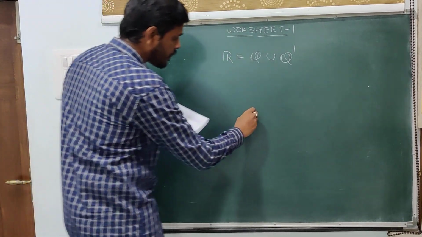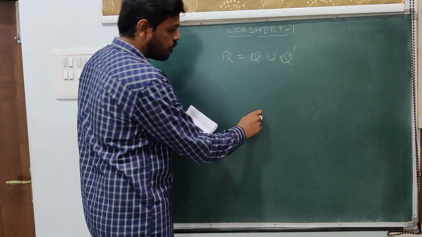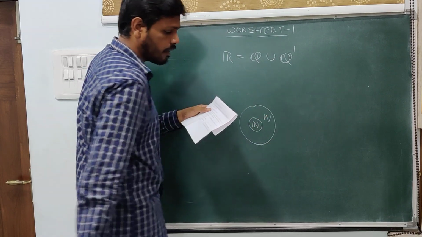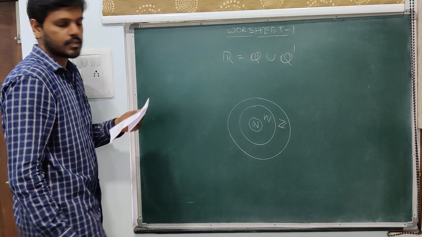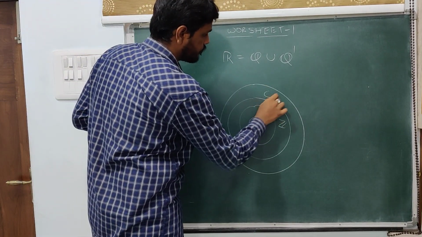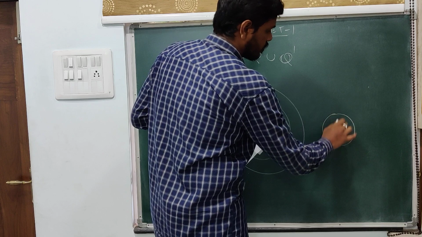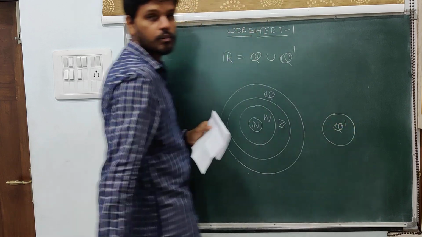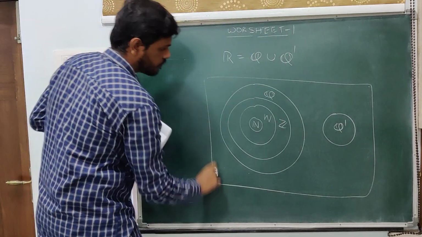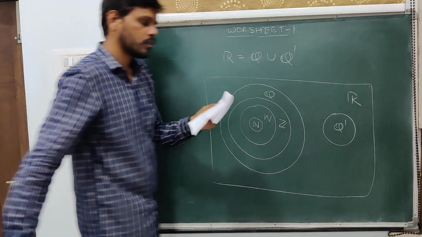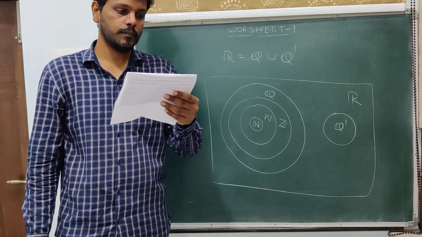So this is the case. We have natural numbers. Natural numbers are contained in whole numbers, and whole numbers are contained in integers, and integers are contained in rational numbers. Now rational numbers and irrational numbers are separate entities. So this is your irrational numbers, and rational numbers and irrational numbers put together we call real numbers. So this is the Venn diagram that indicates the relationship between all the collections of numbers given there.